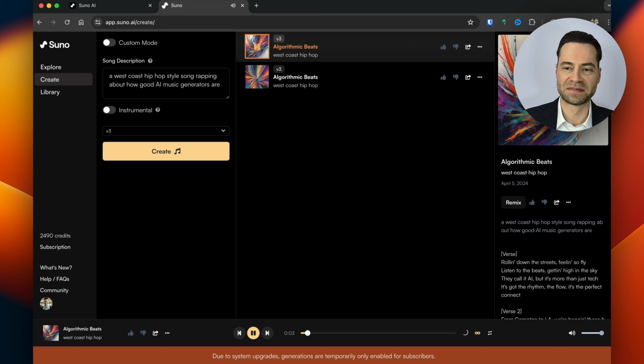So fly, listen to the beats hitting high in the sky. They call it AI, but it's more than just that. That's how the rhythm flows, the perfect connect. From popping down, we're banging those hits. AI music generators ain't nothing missed. They analyze data, they know what we like. Giving us balance, keeping the party hot. AI, taking over the game, making me satisfied. No shame. It's the future we chase. West Coast hip hop with